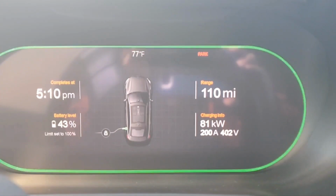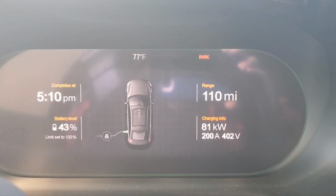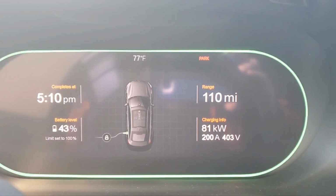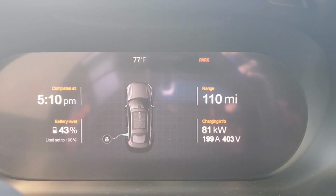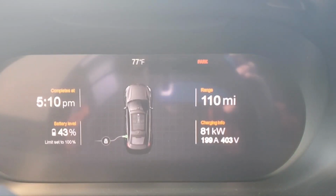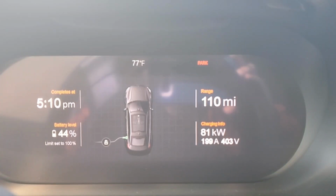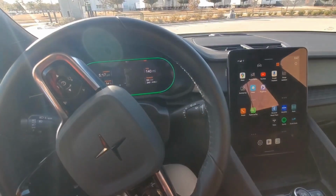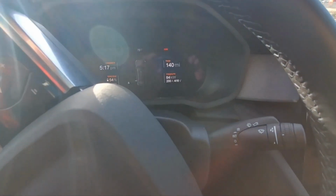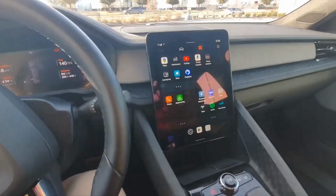Driving is actually going up a little bit, which is atypical. They usually go down, but if it stabilizes out at 81, that's pretty good. It's not great. I've done better, but that's pretty good. So while I charge, and it is now up to 84 kilowatts charging speed,